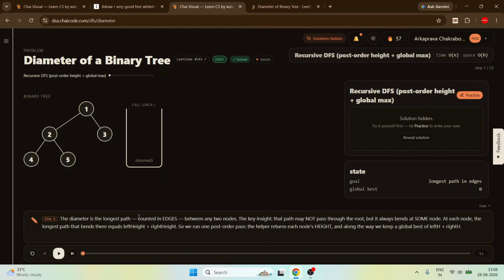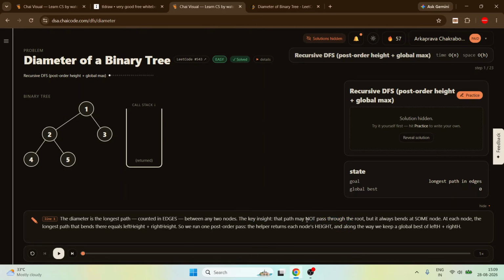Yes, most of the time, because that will be the longest path. So see here, the diameter is the longest path counted in edges between any two nodes. Counted in edges, so the number of edges we have to ensure.